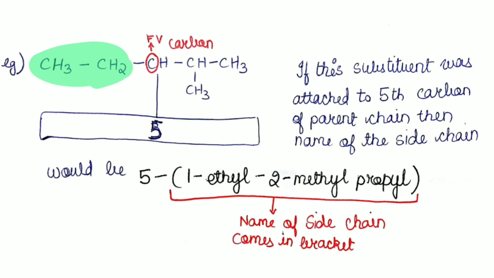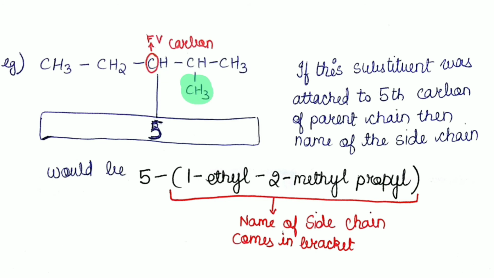Then 2-methyl, because here we have taken this as our principal carbon chain of the side chain. Within the side chain, this is our principal carbon chain. So we see that there is a methyl group attached at the second carbon of the principal chain of the side chain, and this is the principal chain, that is the parent chain. So this is our principal chain of the side chain, and it consists of one methyl group at the second